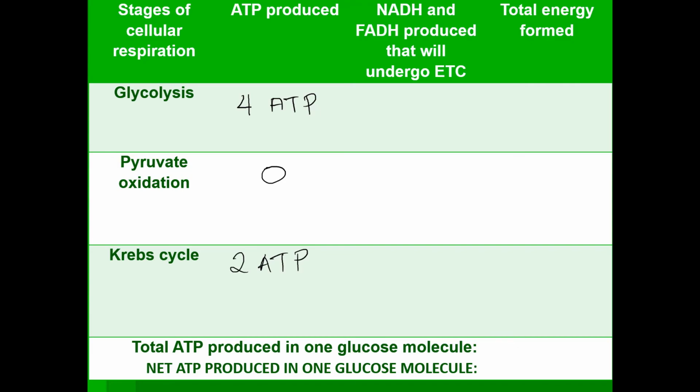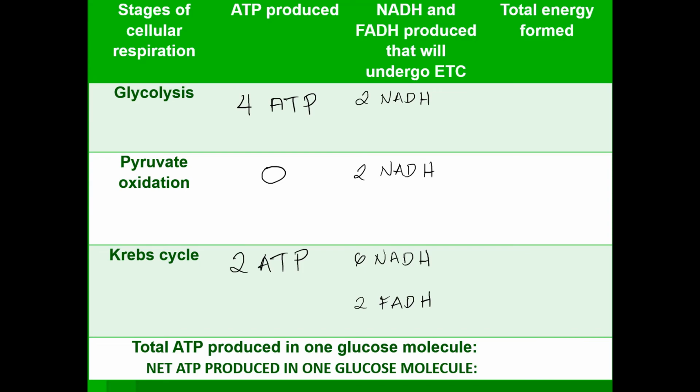So for glycolysis, it will be producing 2 NADH molecules. For pyruvate oxidation, it will be producing 2 NADH molecules also. And for the Krebs cycle, it will be producing 6 NADH molecules and 2 FADH molecules. Now, all of these NADH and FADH need to undergo the process of electron transport chain so that they could